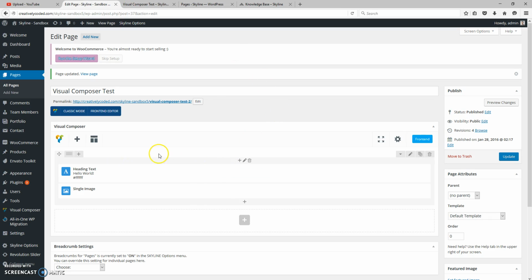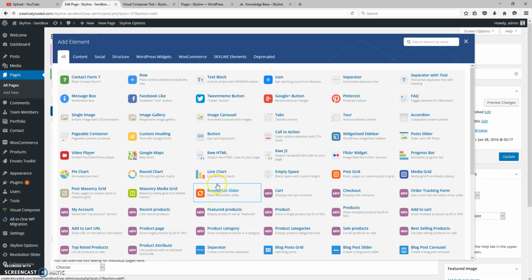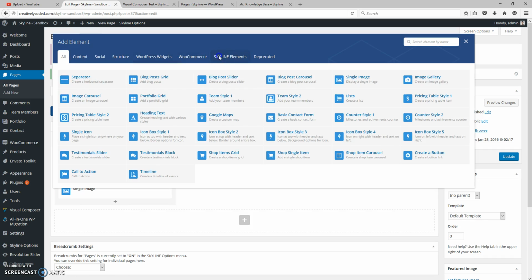You can also set your columns. So you create your row first, and then this icon over here allows you to select preset columns, or you can set custom columns. So say we wanted a 3-column layout, we can select this. It'll now create 3 columns, and then you can add content to each of the columns. So again, if we wanted to add something here, say an icon box,